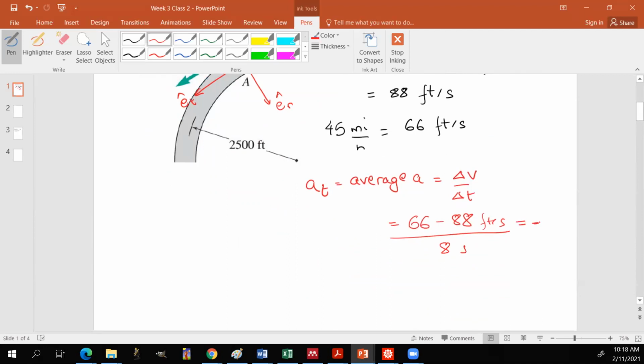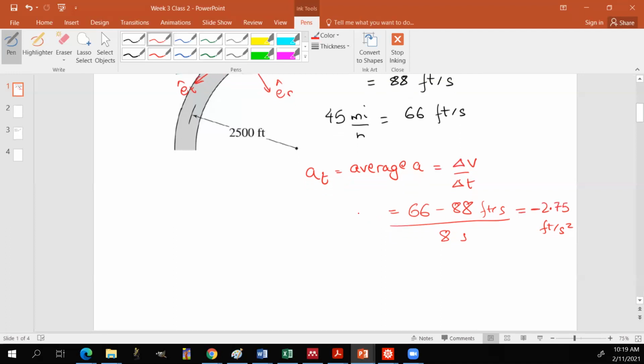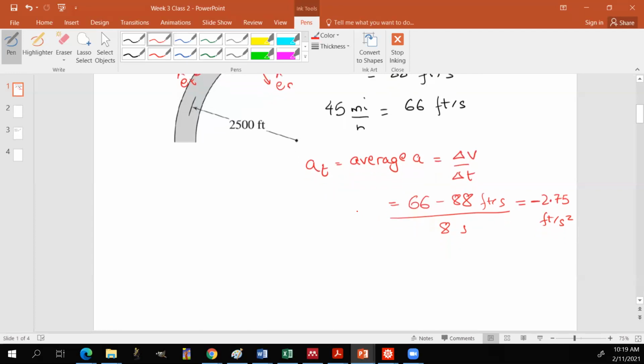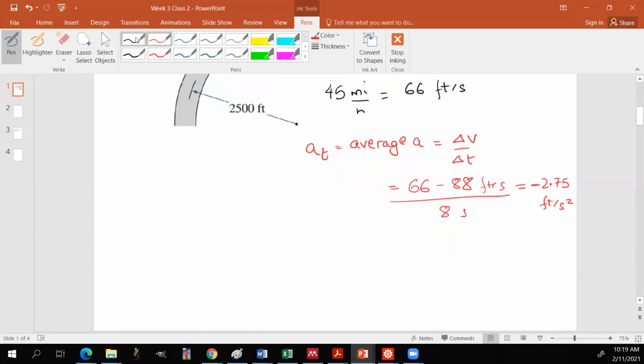This comes out to be equal to how much? Negative 2.75. Yep, that's what I got. Negative 2.75 feet per second squared, like that. But you've got to notice, and we've learned this when looking at tangential and normal components, that this is not the only component of your acceleration, because immediately after the brakes are applied,